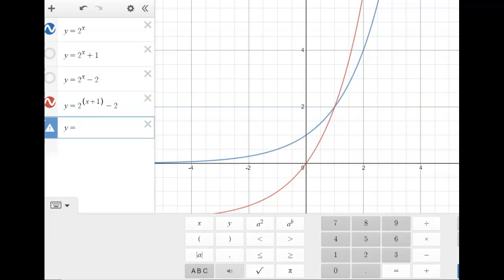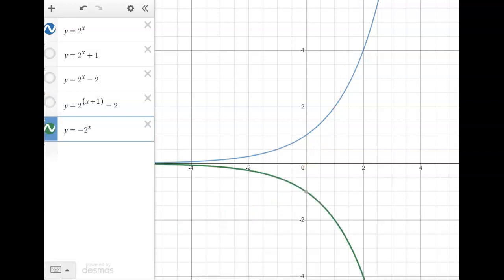Let's just quickly do an example of a shift across the x-axis. So if we want to cross the x-axis, we change the outputs to their opposite. So in other words, we change the y value. So we will put a negative in front of it, then the same base, then x. And that, you could see that will be a reflection. The one in blue is the parent function 2 to the x. The one in green is the reflection across the